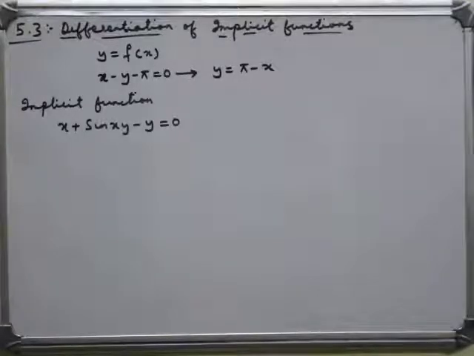So how to differentiate this? As I have been telling in previous videos, every type of function has a rule. Previously we saw a composite function can be differentiated by the method of chain rule, and product and quotient functions we have already solved. Now there is another rule to differentiate implicit functions. This rule is very simple. Okay, to solve implicit functions we need not bother too much. I am going to explain it now, and then we will start exercise 5.3.